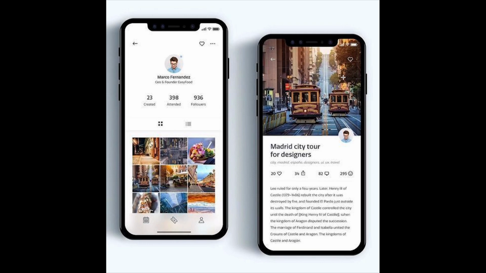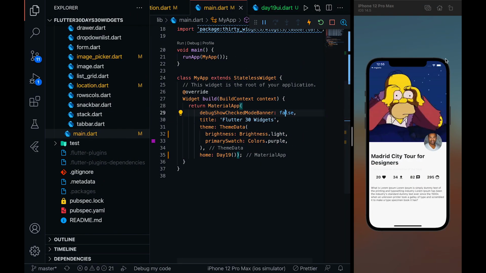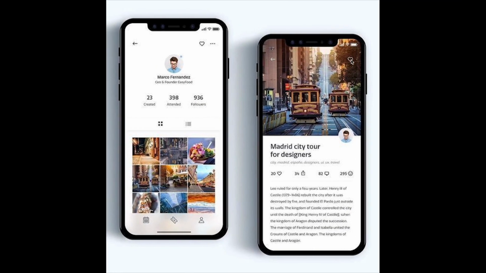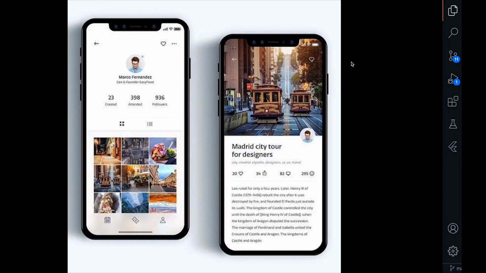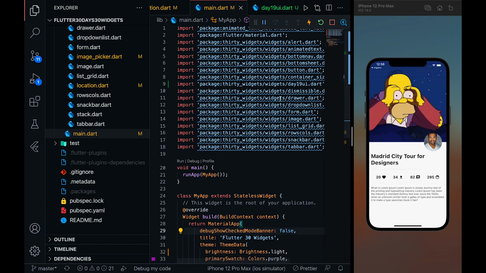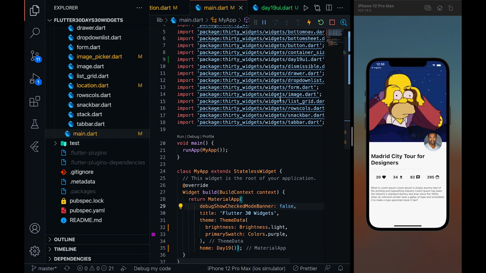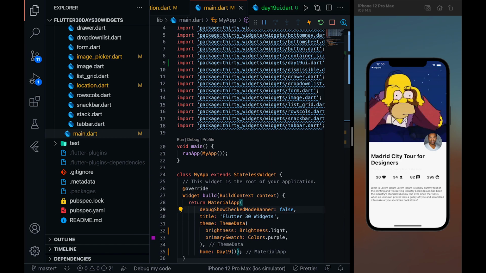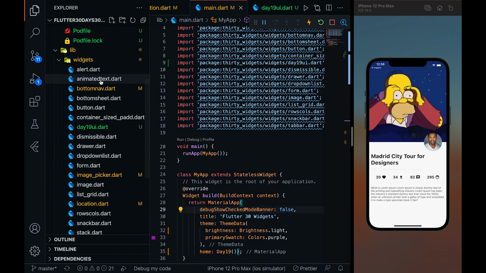So these are the icons. That is your task. So what you have to do is you have to add these two icons, that is this back button and this heart icon over here. And if you think that you can add it, that means you have understood all the concepts and you are pretty much clear with the UI. And I think that when you will be creating the next day, that is day 20 UI, you will be like able to create anything in this world, any UI in this world, right? So I think this much is enough for this video.